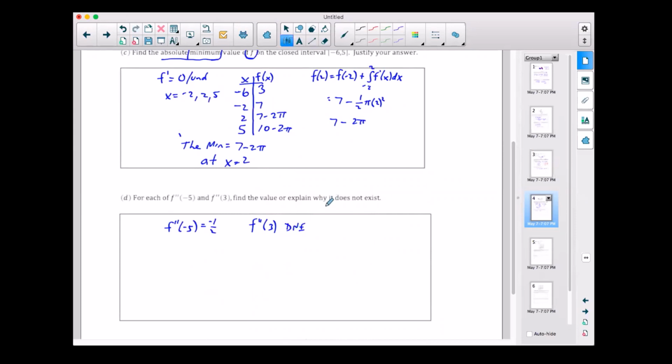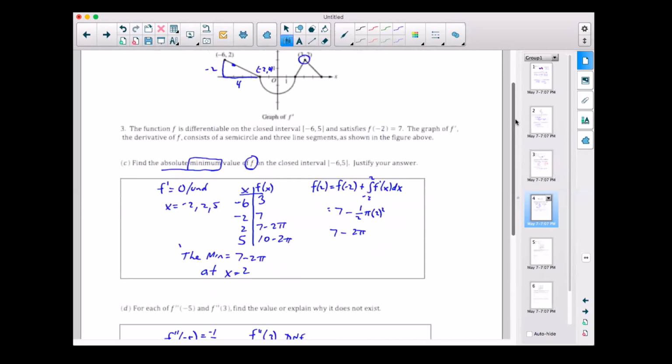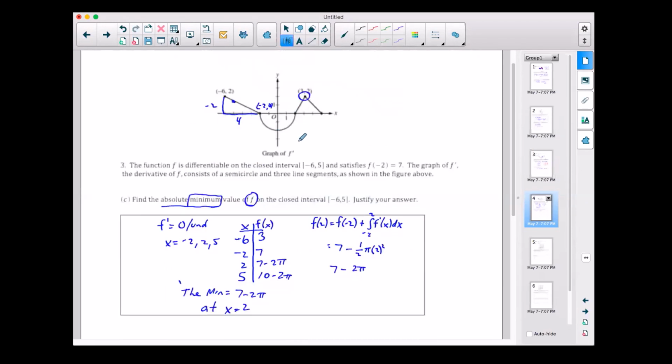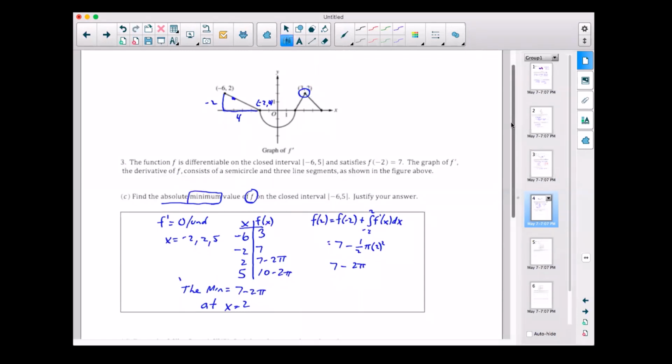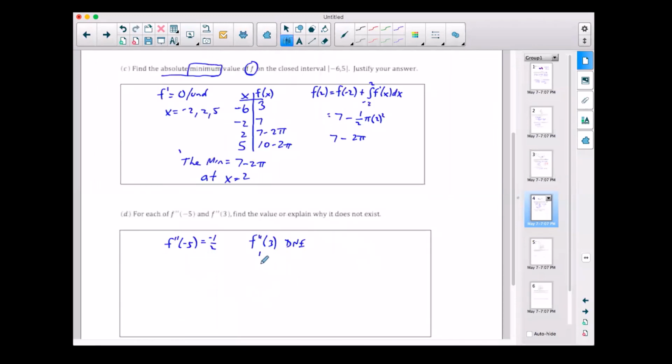Is fine as well. And it wants us to give a reason. And there's some technical reasons we can use with limit notation and definition of a derivative. But in this case, they gave us a graph, right? So if they gave us a graph of something, we could give an explanation based on the graph. And so we know that there is no derivative here because there's simply a sharp turn, right? If you have a turn or there's a corner on a graph, we know it's not differentiable. So I'm just going to say here, it does not exist because there is a sharp turn